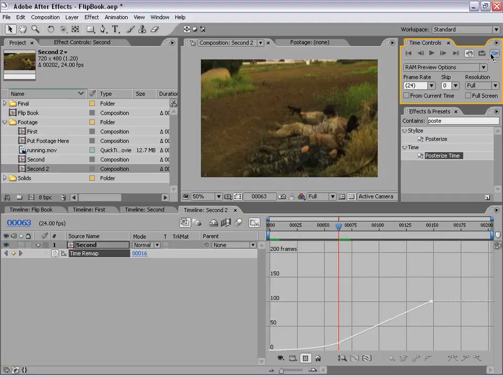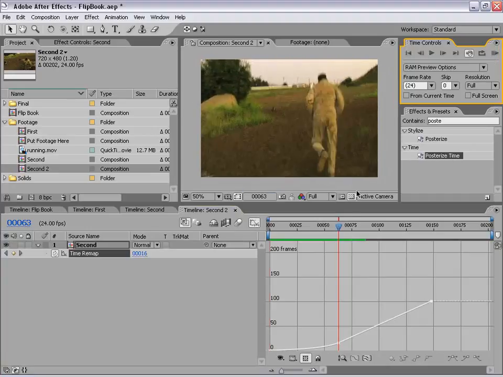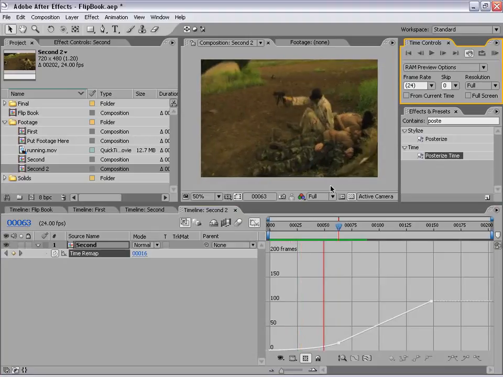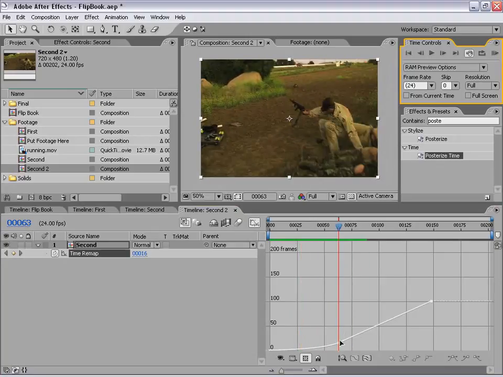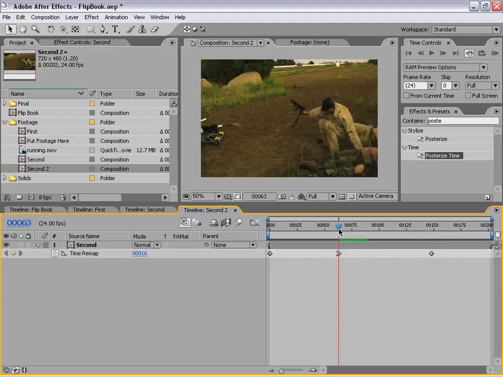You can also hit 0 on the keypad to play it back. Okay, let's go ahead and preview it at this point. And we can even shorten the amount of time it goes faster by just dragging this up. Maybe about there. Okay, so let's go ahead and move on to the next step, and that is when this